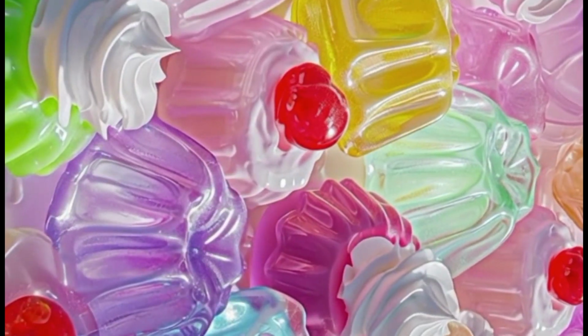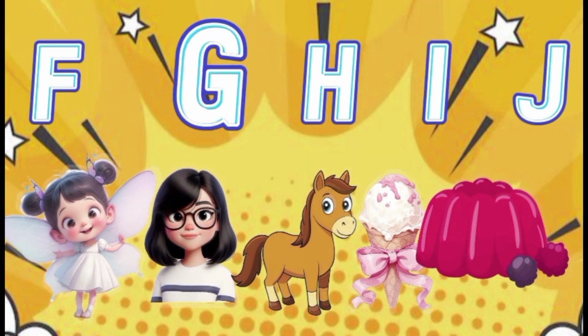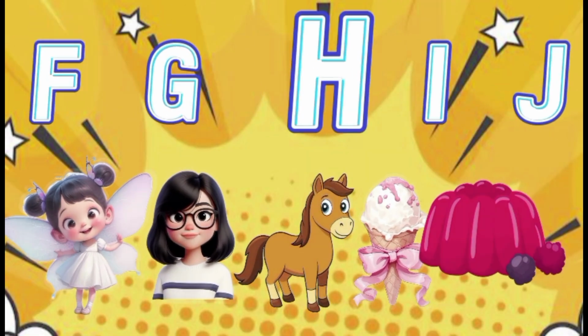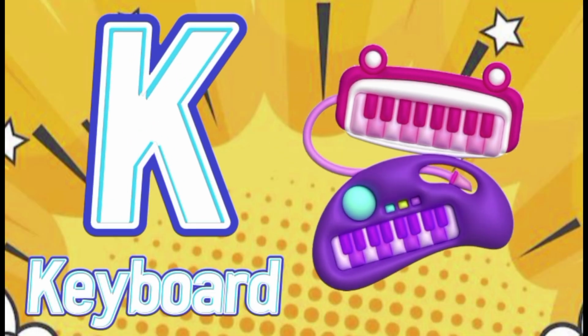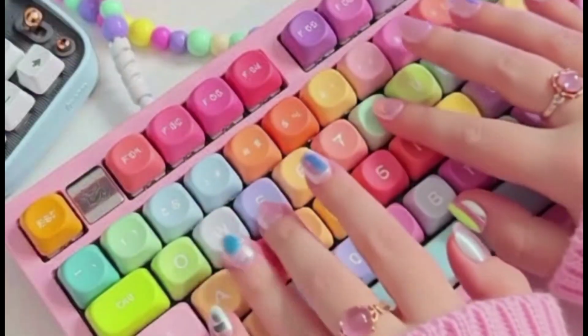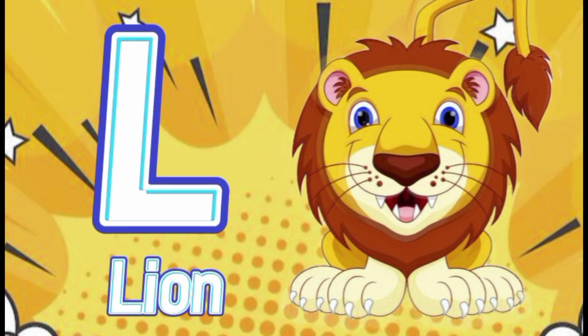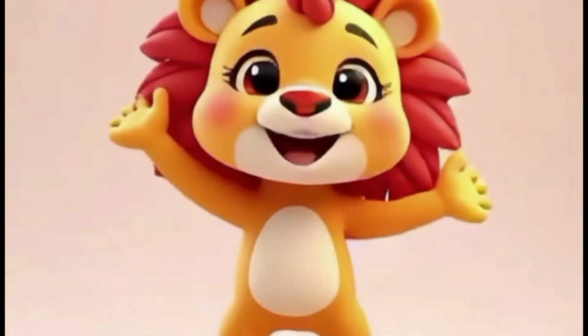jelly, jelly. Yummy jelly. K is for keyboard, keyboard, keyboard. Click keyboard. L is for lion, lion, lion. Roaring lion. M is for monkey,